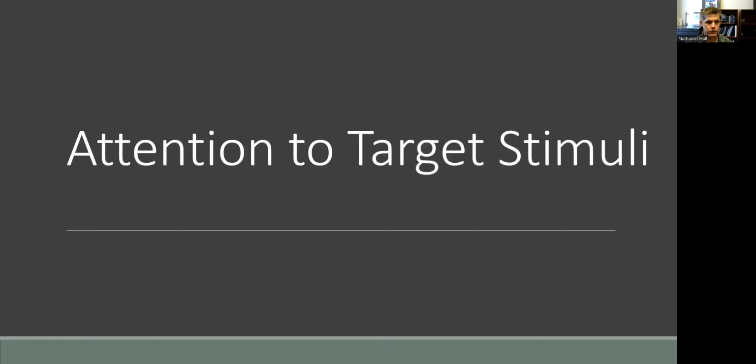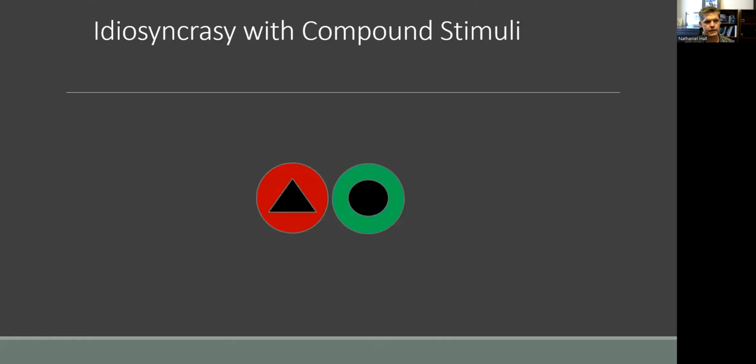So with that, let's start off with target or attention to target stimuli. An important lesson we know from early 1950s research is that when we have complex stimuli, particularly compound stimuli, so stimuli that have multiple components to it. For example, in this picture, we have compound stimuli, which have two components. There's a shape component, and then there's a color component. Think of them as like two little buttons to push. We have one component that indicates a shape, so a triangle versus a circle, and one that indicates color, green